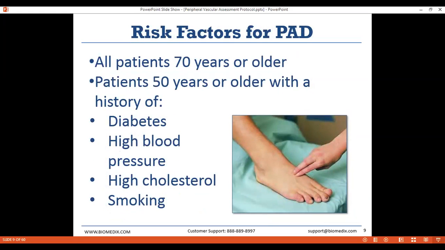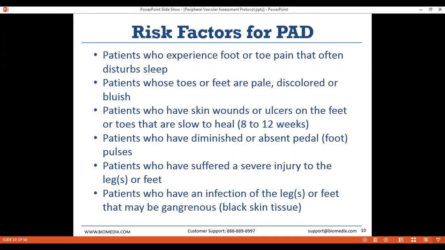Risk factors for PAD include all patients 70 or older. This is an age-dependent illness, and as patients get older, they're more likely to develop PAD. Other risk factors include being over 50 with a history of diabetes, high blood pressure, high cholesterol, or smoking. Other risk factors include patients who experience foot or toe pain that disturbs their sleep, patients with pale or